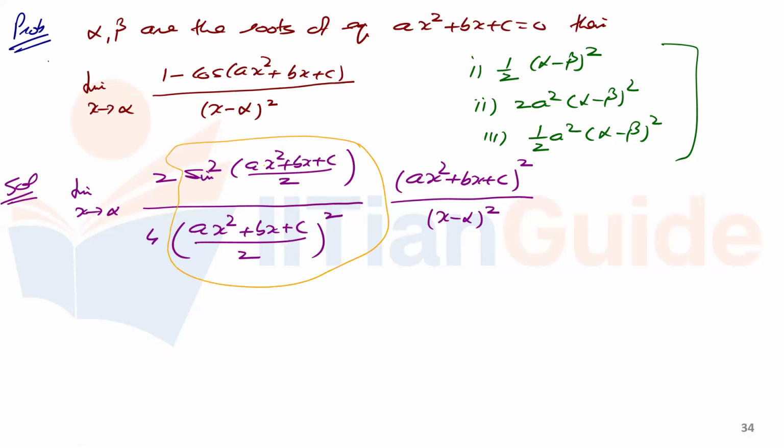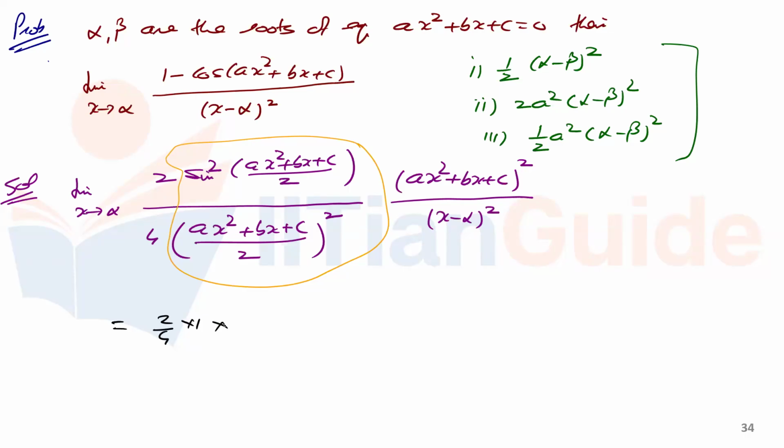ऐसा नहीं करना चाहिए कि एक में हमने x की जगह अल्फा रख के इसकी वैल्यू 1 कर दी और दूसरे में नहीं। So you can write sine square and write the quadratic equation in terms of roots. So that's why it will become 0 by 0. सो आई एम जस्ट राइटिंग 2/4, ये तो 1 आ गया।